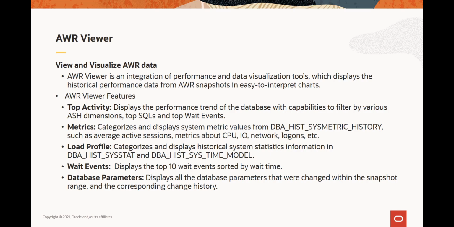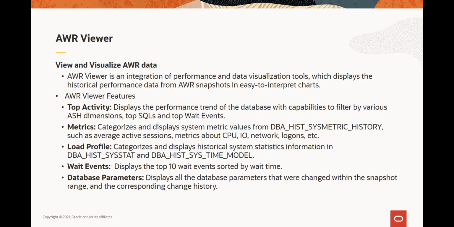By default, AWR snapshots are taken every hour and retained for a period of 8 days. The snapshot interval determines the frequency at which snapshots are captured and stored. A smaller snapshot interval increases the frequency, which in turn increases the volume of data collected and stored by AWR. The historical data retention determines how long AWR data is retained before being purged. Obviously, a longer retention period increases the space required by AWR data.